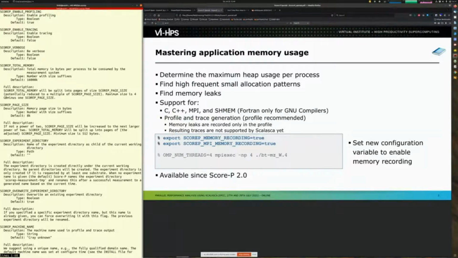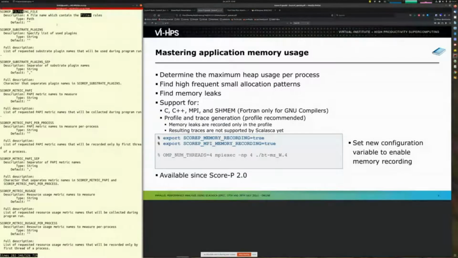So here you see then the list of the environment variables. For example, the profiling one that we use basically always defaults to true. Then the very important one is the tracing, which is set by the scan command automatically, so it defaults to false. As we first start with a profile measurement, do the scoring, adjust or potentially create a filter file, which is then activated